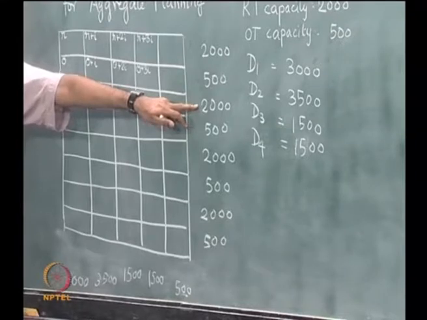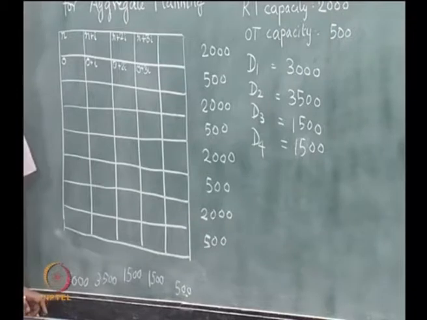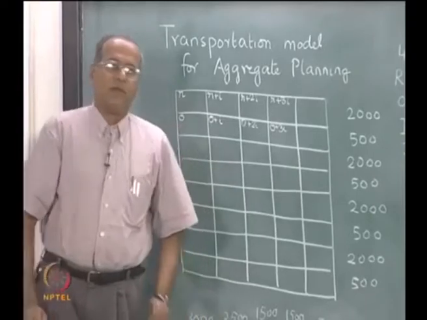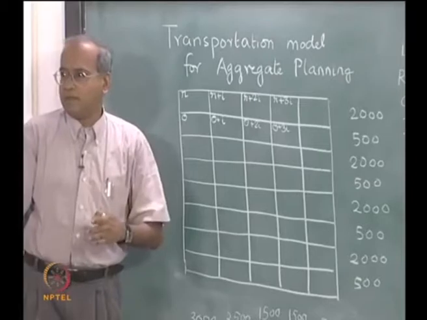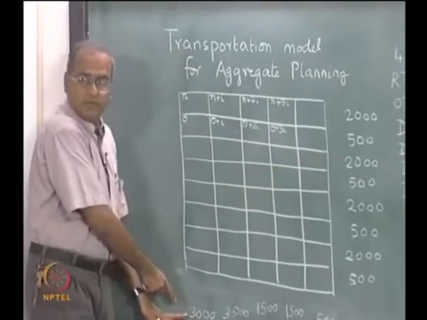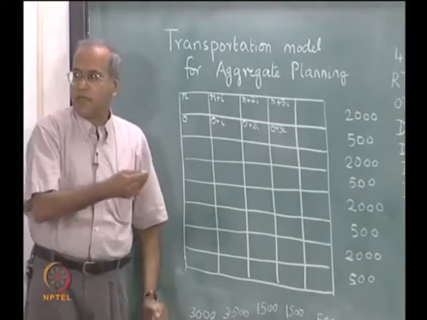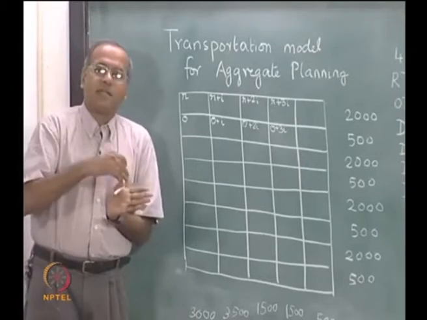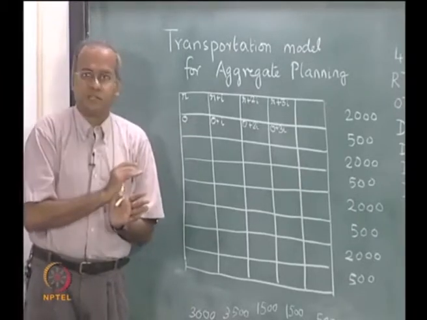regular time that is available in the second period to meet the demand of the first period, which means I am producing in the second period and I am going to meet the demand of the first period. Now, that I can do only if I allow back ordering. It means if I use this to meet this, then I am not meeting the demand entirely in the first period, I am back ordering, and from the second month's regular time I am trying to meet the demand of the first month.